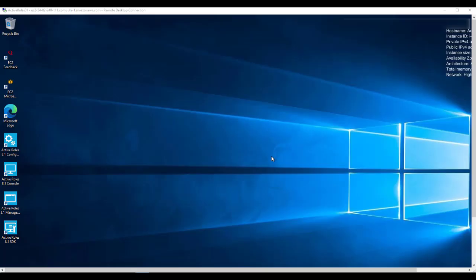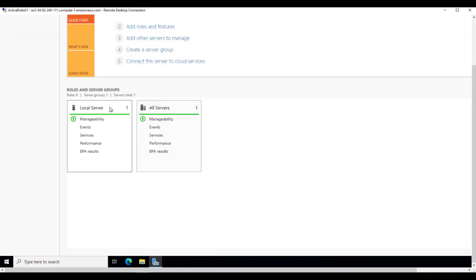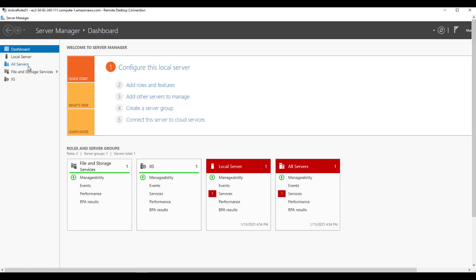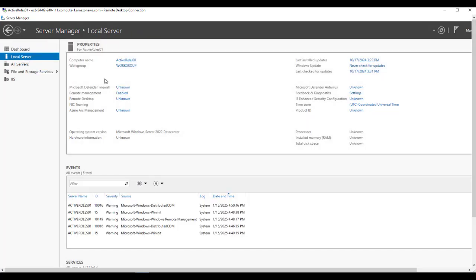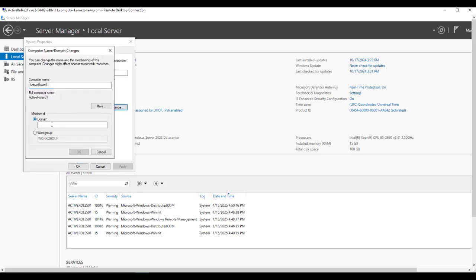Once the server is restarted and back up, the next thing that will happen here is you'll join it to the AWS managed Microsoft AD domain. This will require another reboot of the server.